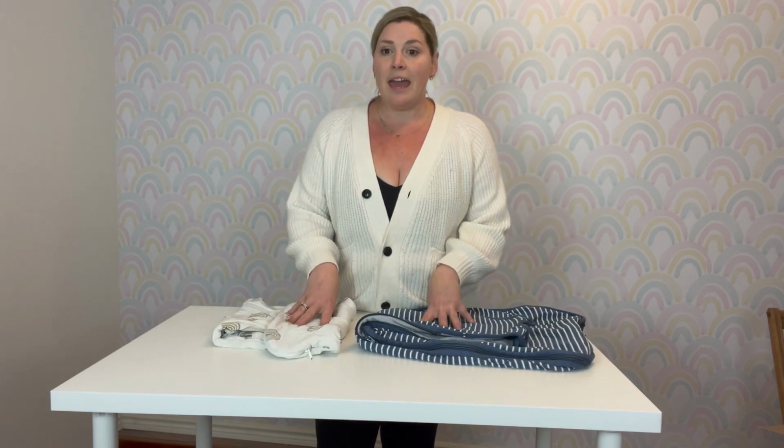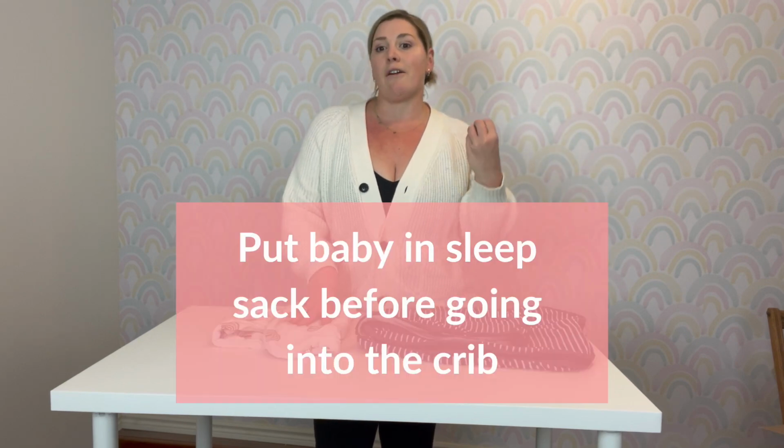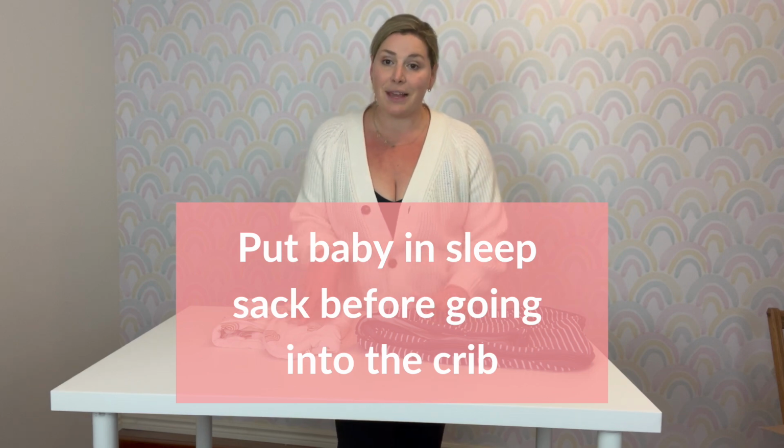So the way that you would use it is that you would have them ready to go, and as you go into your nap routine, you're changing their diaper, and then you're going to put on their sleep sack while they are on the change table. We are not putting it on while they're in the crib, because we want our kids to go into the crib wide awake so that they know exactly where they are,